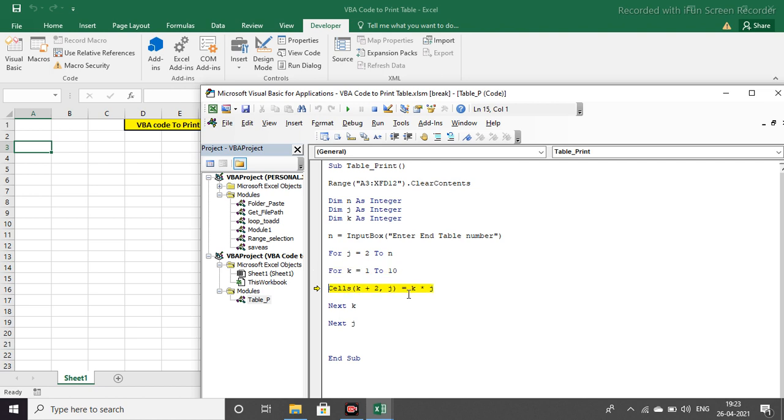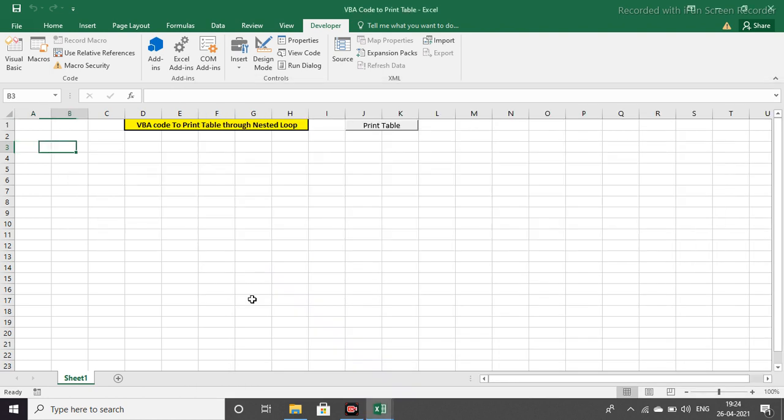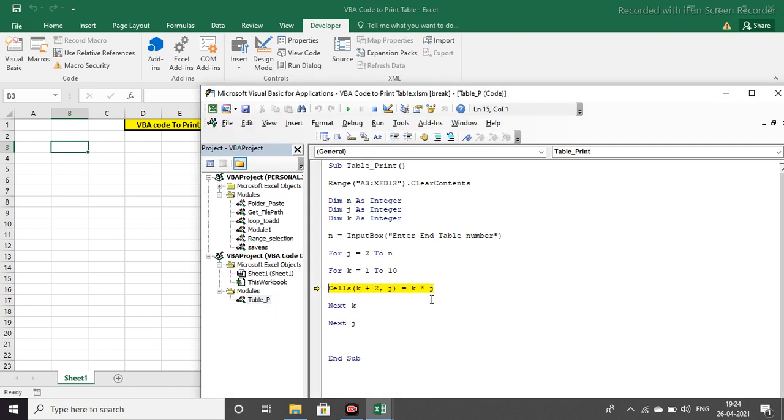So let's see. Now k will be 1, meaning 1 plus 1 plus 2 is equal to 3, so the cell is 3 comma 2. Where is our cell 3 comma 2? Cell number 3 means row number 3 and column 2, so this is basically our cell number.